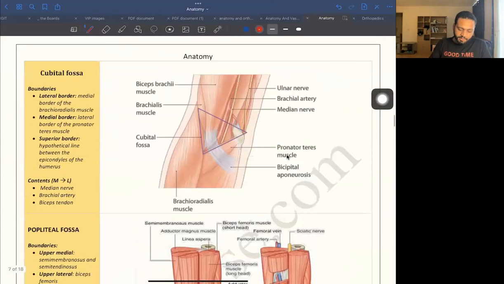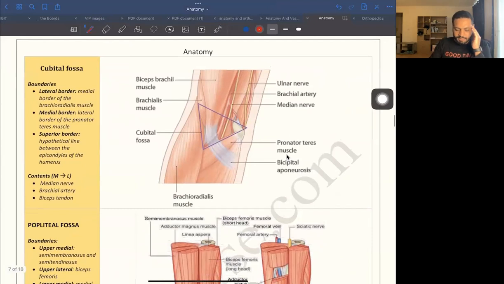Okay, here we're going to talk about two fossae. Number one is the cubital fossa, which is just right there in your cubitus, where you find the big veins to either cannulate or collect blood. So number one, if you look here, this is your biceps, and this is the bicipital aponeurosis just down there. So the biceps muscle, and